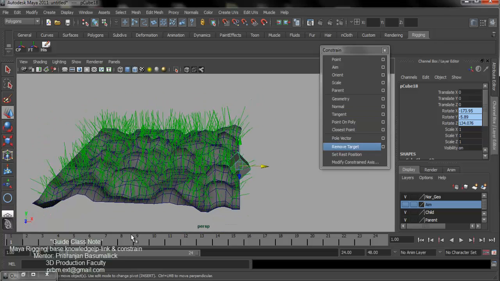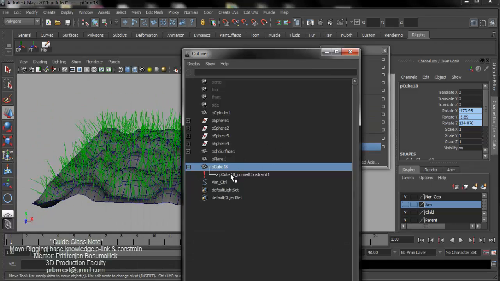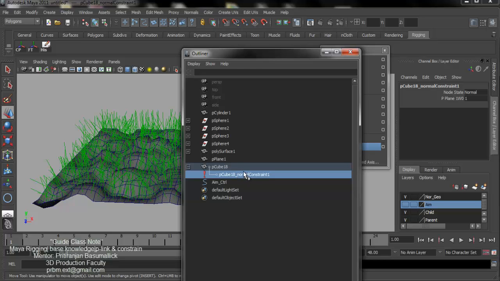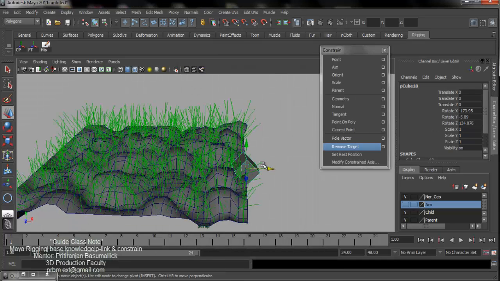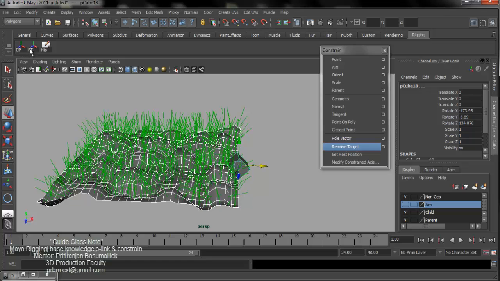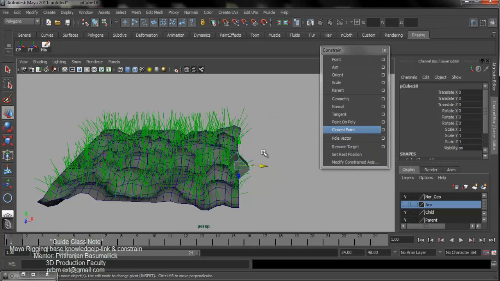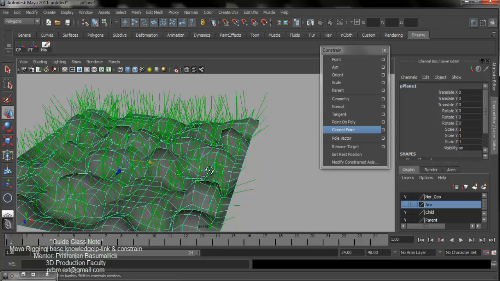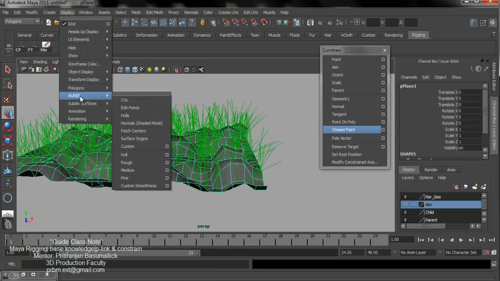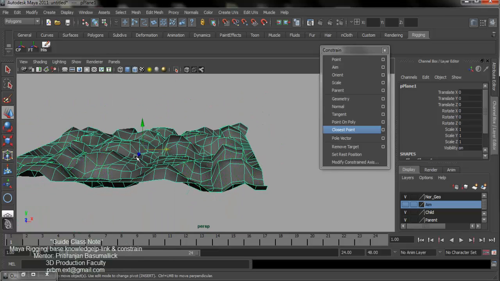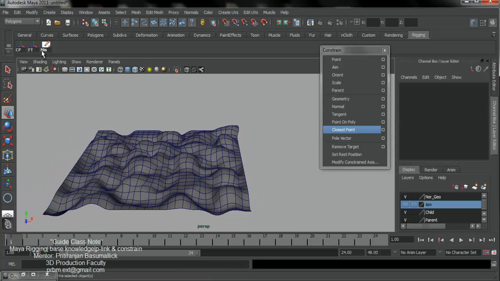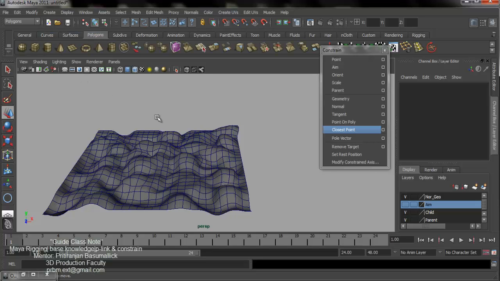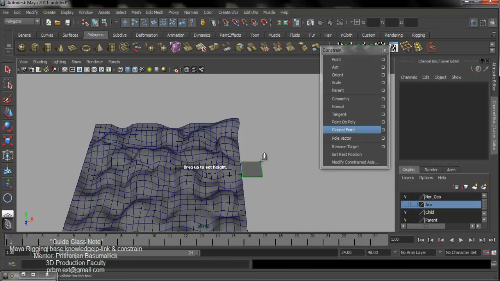Okay, so when we try to use both geometry and normal constraints, I first delete the normal constraint. I go to the child, select the normal constraint node and delete it. Now I select that box and hit zero, zero with freeze transformations. This box had some rotation, so I just delete it. I turn off my normal display, so I go again to display, polygons, face normals. Okay, so my normal is off. I hit 3 for smooth preview, and now we have created a little demonstration box again.